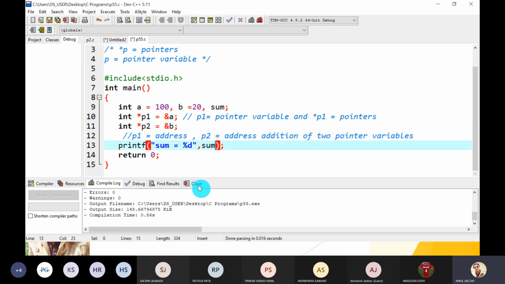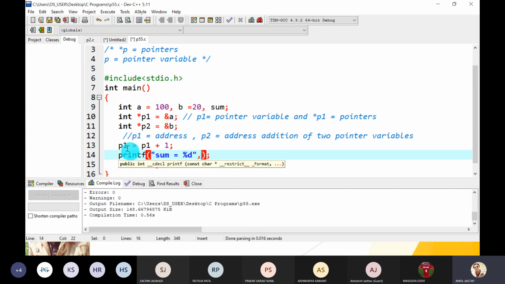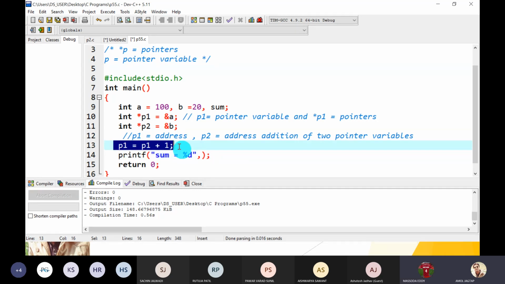And if I have pointer P1 plus plus, is it possible, or is it possible P1 is equal to P1 plus 1? Meaning to one address we have to add 1, 2, 3 like this. Is it possible? No, sir.